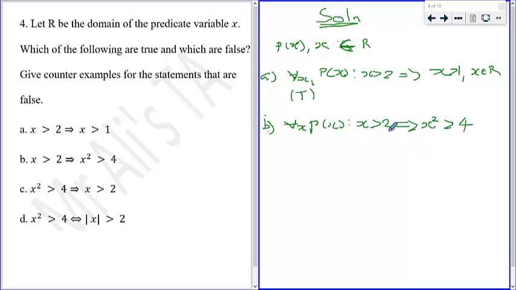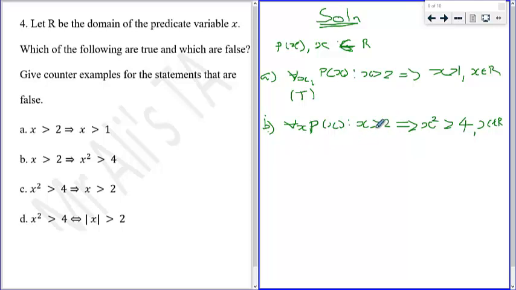If x is greater than 2, then x squared is greater than 4. Now, this statement is not always going to be true because